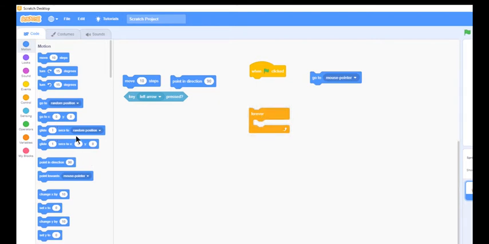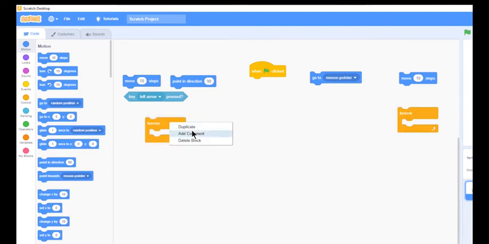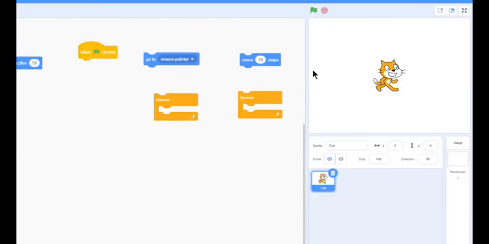All right. If we want our object to move automatically, we will use the move option again. Okay. We will use the forever one as well. So let's just duplicate that. And let's just put this one here. Okay, put this one here. But what's different about this one is when we have the sprite move automatically, what we want it to do is when it hits the sides, we want it to bounce. Okay, so if on edge,